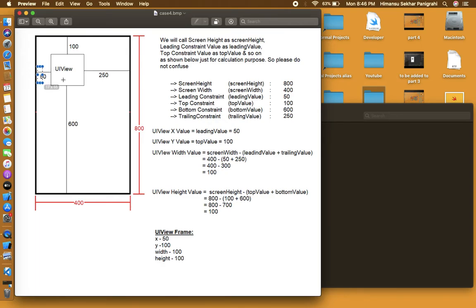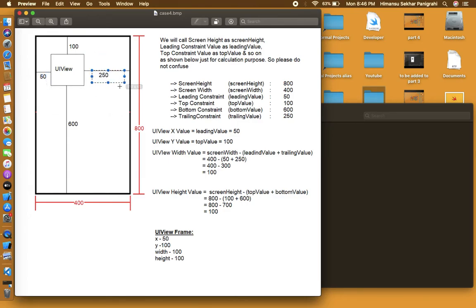Here, basically, I have added constants to the same view in multiple ways, different ways I have tried to add, so that I can show you how it is calculating. Fine. So here you can see only the x value is given, and the y value is given. Now height and width are not given. We have to calculate that. So now let's calculate this.